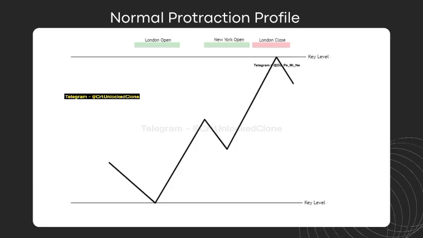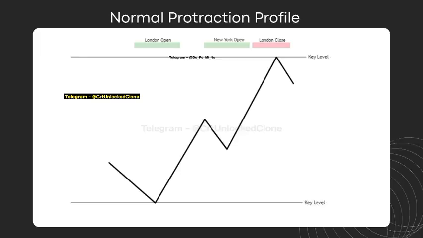And more often than not, price forms a CRT with these two candles on the 4 hour. And then what happens during the London Open from 2 a.m. to 5 a.m. is that price purges that CRT low, takes out that CRT and that Asian range, and tests the higher time frame key level. And after that, it expands higher from there to the upside until the opposing key level or drawn liquidity is